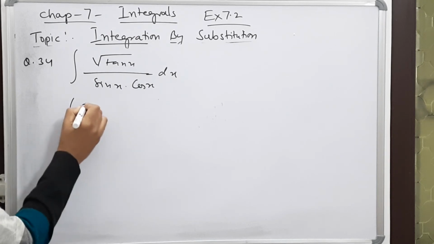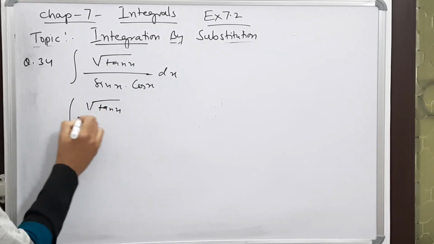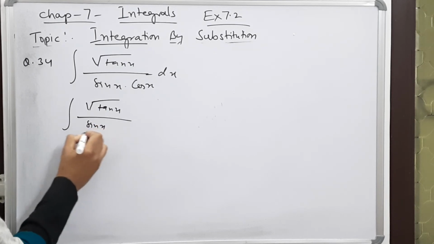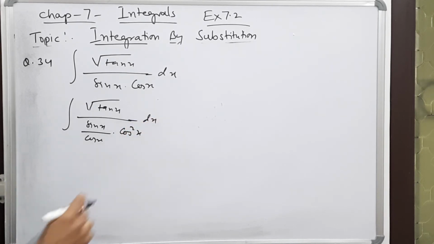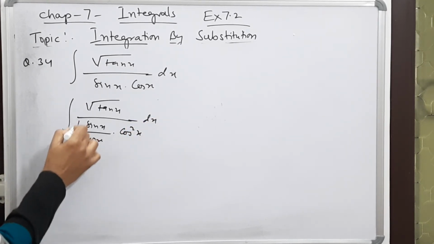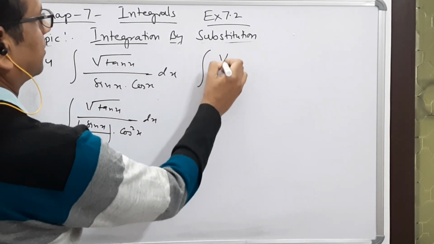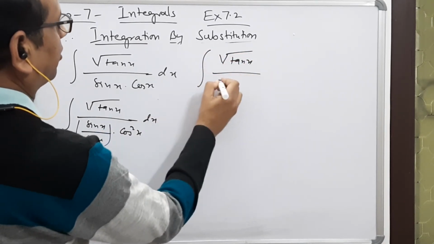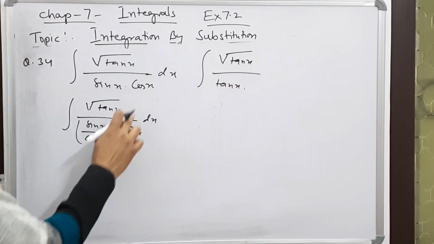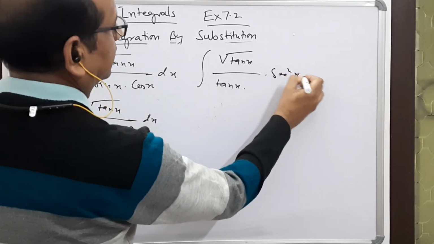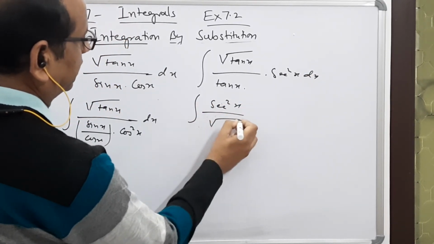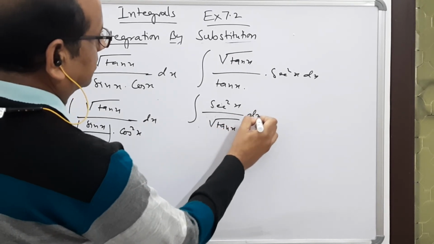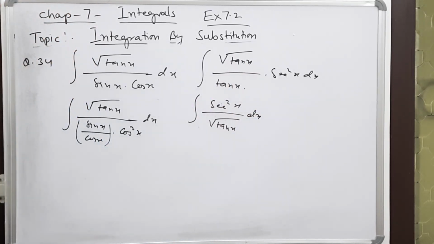Yes, see in this. It is root tan x. Now divide and multiply by cos x. So sin x upon cos x, and this will be cos square x dx. See this part. Now this will be tan x. So in the next step, it is root tan x upon tan x, and 1 upon cos square is sec square x dx. If you take further sec square x upon root tan x dx, because this is root tan x and tan x, so this root tan x will cancel with the tan x and it is root tan x.